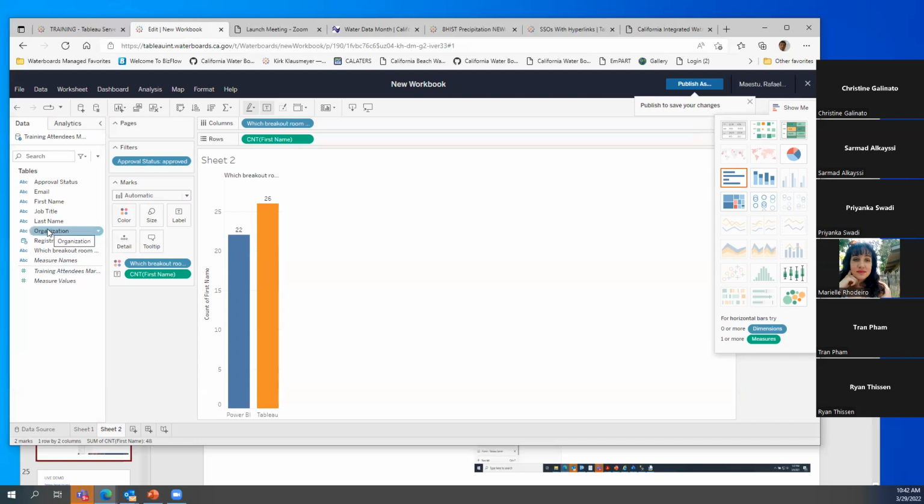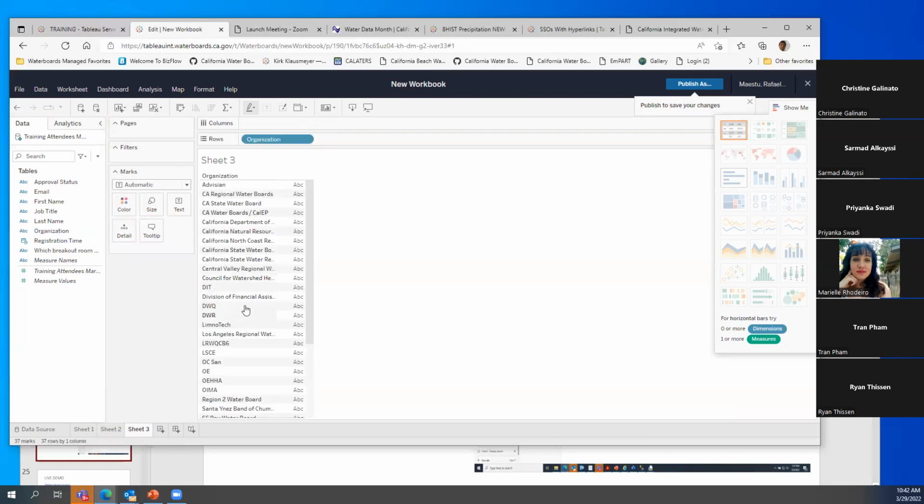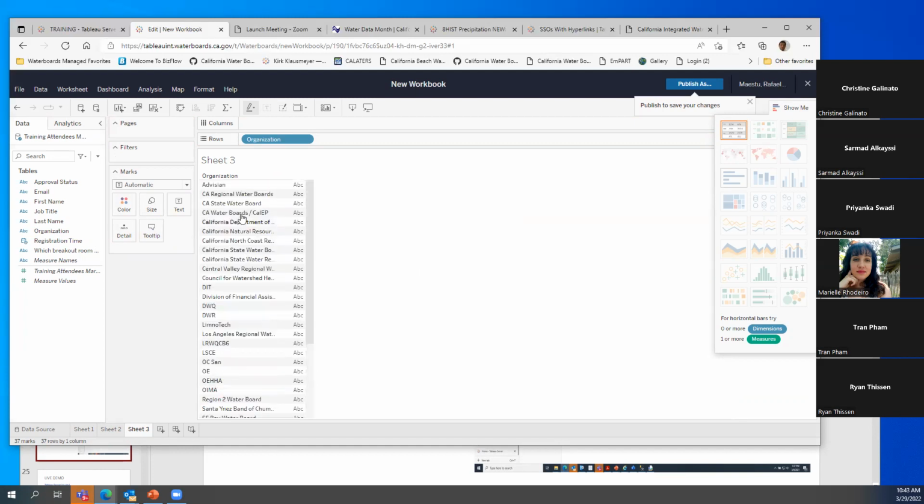So we can have them by organization. But when you look at the organizations that we have participating, you look at the names, they are very inconsistent. You know, they are all over the place. There was no controlled vocabulary for that.